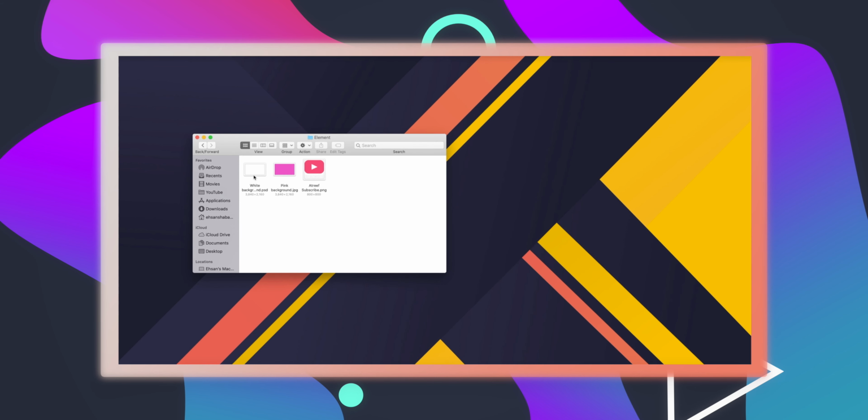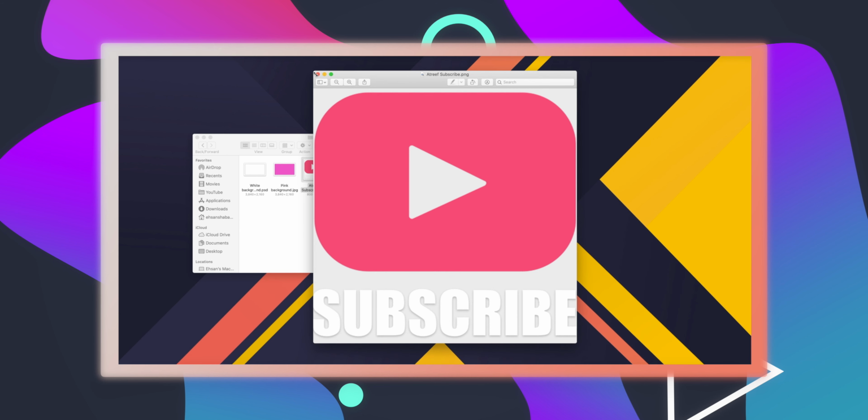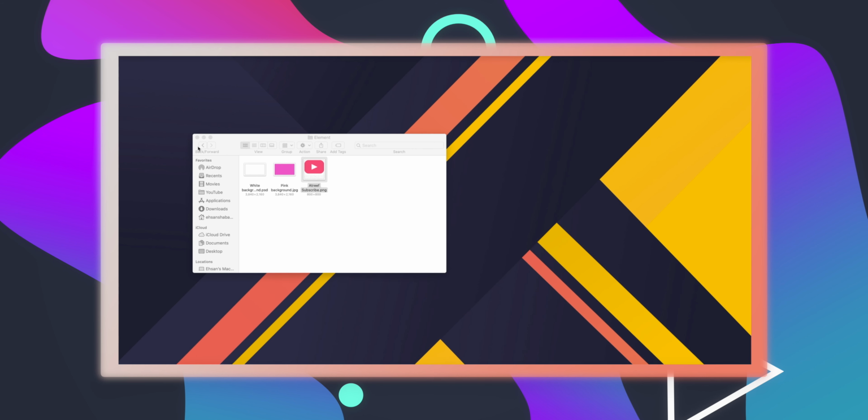Elements is for when I'm showing a picture, sometimes I need a white background, sometimes I need pink, and I have a subscribe logo right here in case I have to implement it somewhere. Never use it. This I used for my YouTube watermark, but I have it here in case I need it.